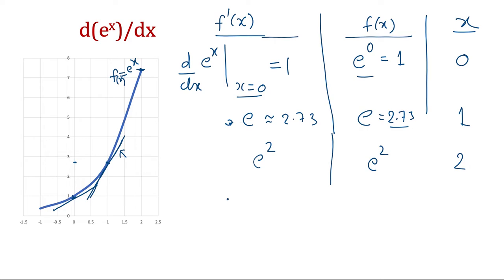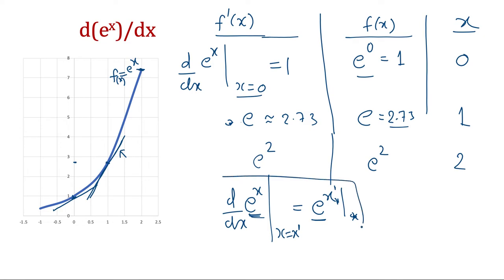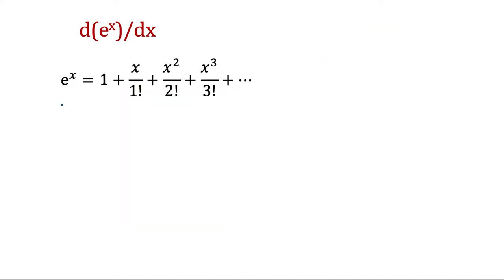So from this we know that d by dx of e raised to the power x is equal to this function itself. So it remains as it is, no matter what the value of x is. So let's derive it, how it came to be that the derivative of e to the power x is the same as the function itself. So we can expand this function e raised to the power x in this form,